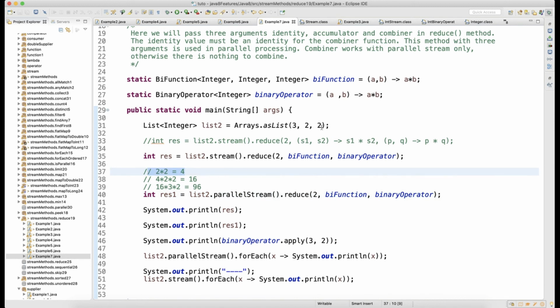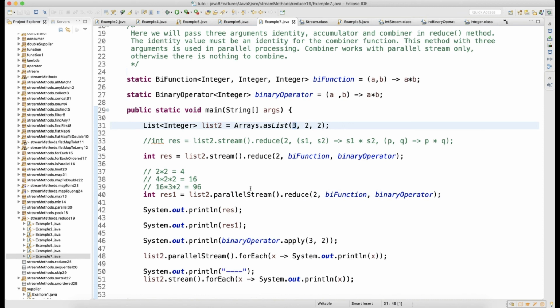So this operator will hold the 4. You can see that 4, you got 4. Now second time again 2 came, 4 into 2, again the same binary function will get evaluated. 4 into 2, which is nothing but 8, and into 2, again it's a parallel stream, that thread will finish the work, so it will go as 16. So now this binary operator will hold 16, because it is a parallel stream, so there should be one holder. This binary operator is holding the data, set as 16.